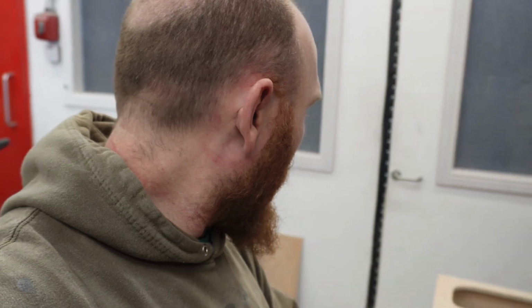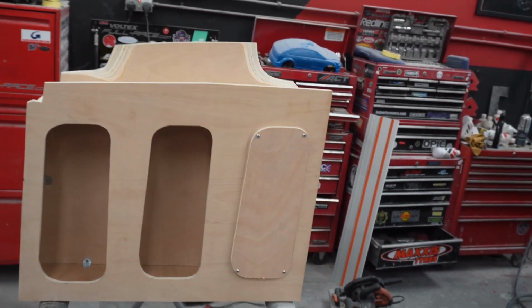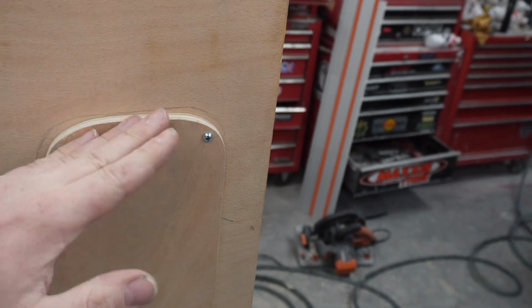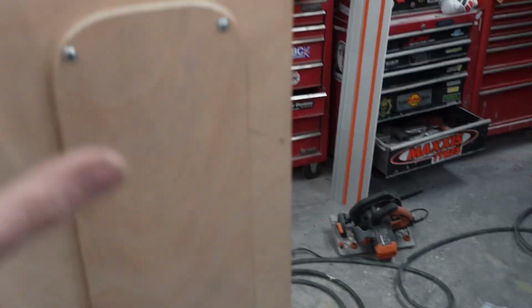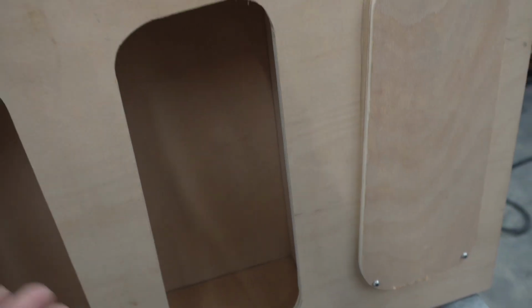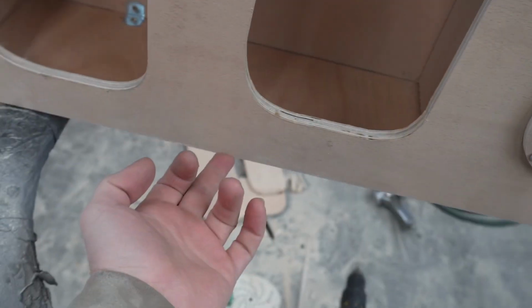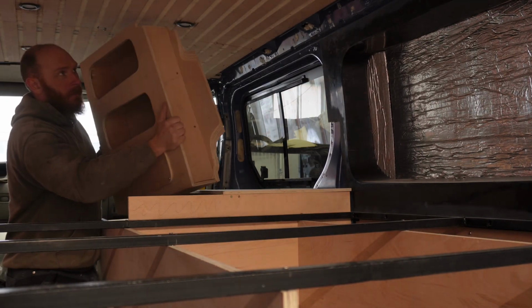But so now we can turn this up the other way and get the front cover on. And there we have our finished shelf unit. So obviously this little panel here, it'll all get sanded off, so it's all rounded edges, so you ain't gonna cut yourself on it or get any splinters in it. All these edges by here, they'll all get rounded later on. Whether I do it by hand or get my mate to router them off, we'll see. There's the front edge as well, both sides, that'll all get rounded off, because you don't want to cut yourself on that either. Hopefully I don't have to make any adjustments, but you never know